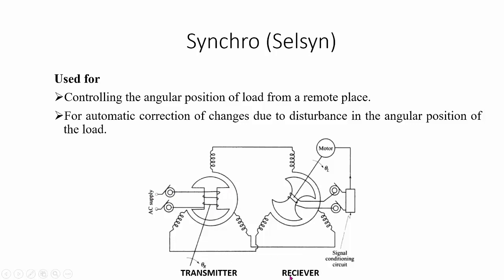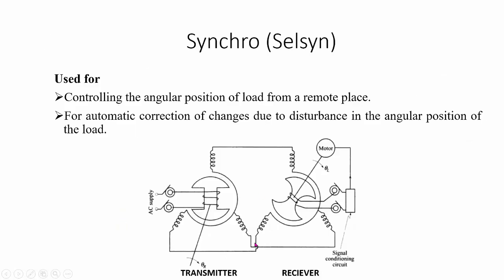Likewise, on the receiver side, you have a stator with 3 windings connected in star fashion, and in fact the transmitter and receiver are connected through the stators of both. And then again you have a rotor on the receiver side, which is not dumbbell shaped, rather a shape different from dumbbell. Why is this made? I'll tell you about this. And again it has a single phase winding. So this is how synchros are constructed.